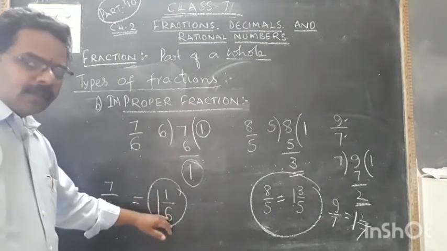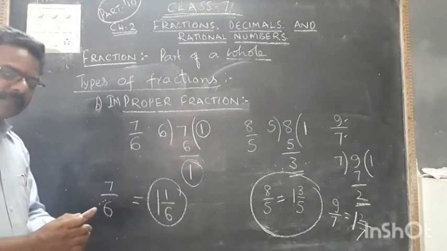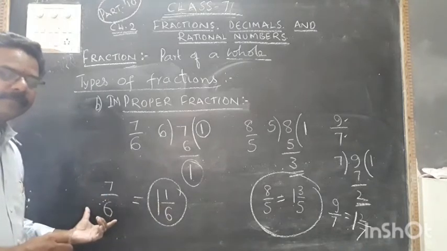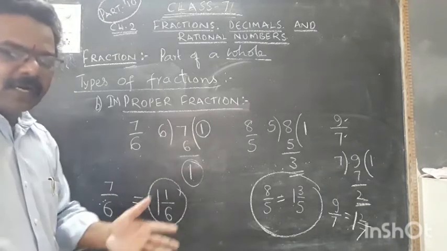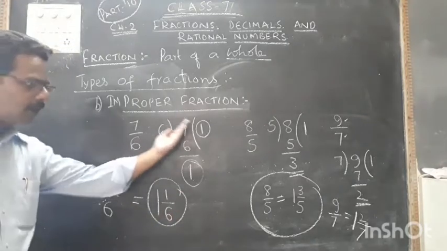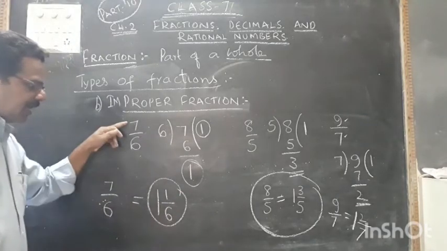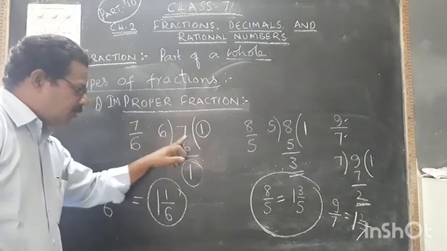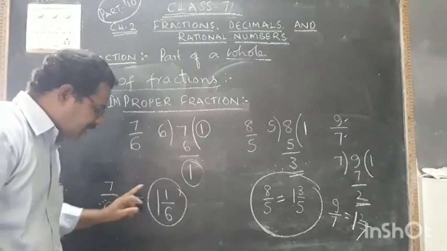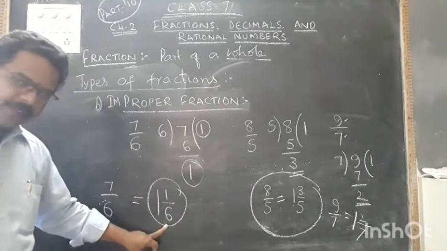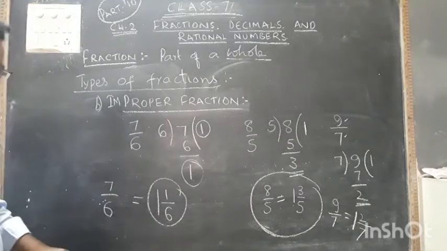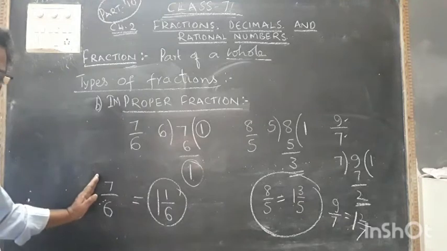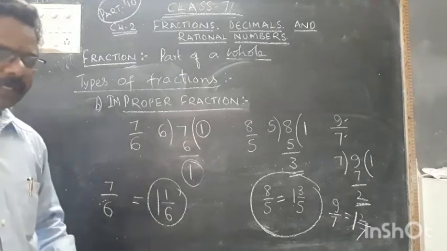Okay. Now we discuss how to convert a mixed fraction into an improper fraction. This is the reverse order, back to front. Now we have completed front to back. An improper fraction we have taken. That improper fraction, the numerator is divided with the denominator and we converted it in the form of a mixed fraction. Now what we will do is, the mixed fraction is to be converted into an improper fraction. How? That we shall see now. Okay.